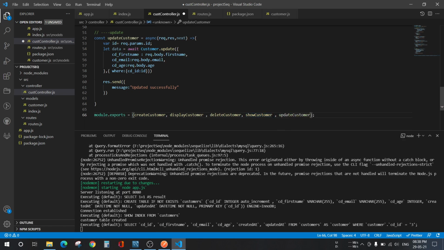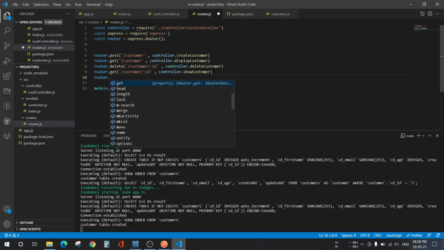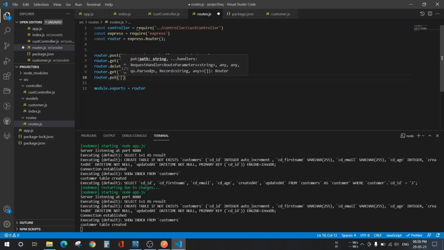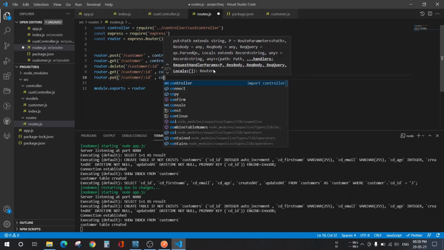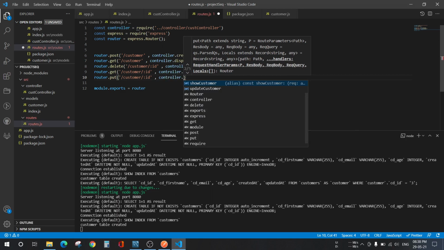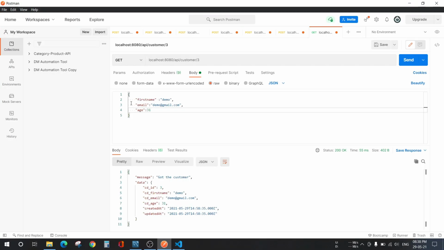And export this method here, update customer, and let's go to routes and create a router. So since it is an update method, it will be a put call, customer and ID, update customer. Okay, now let's go to Postman and change it to put, and suppose we want to update the customer with ID number 3.